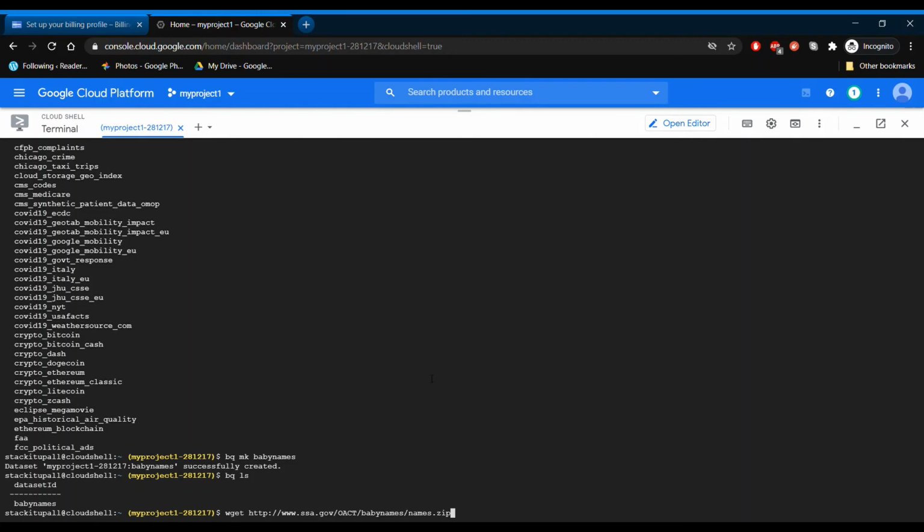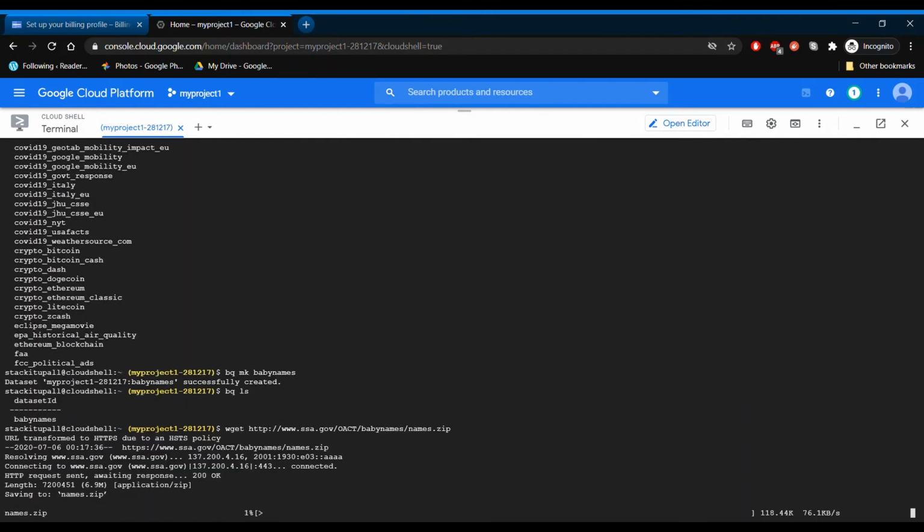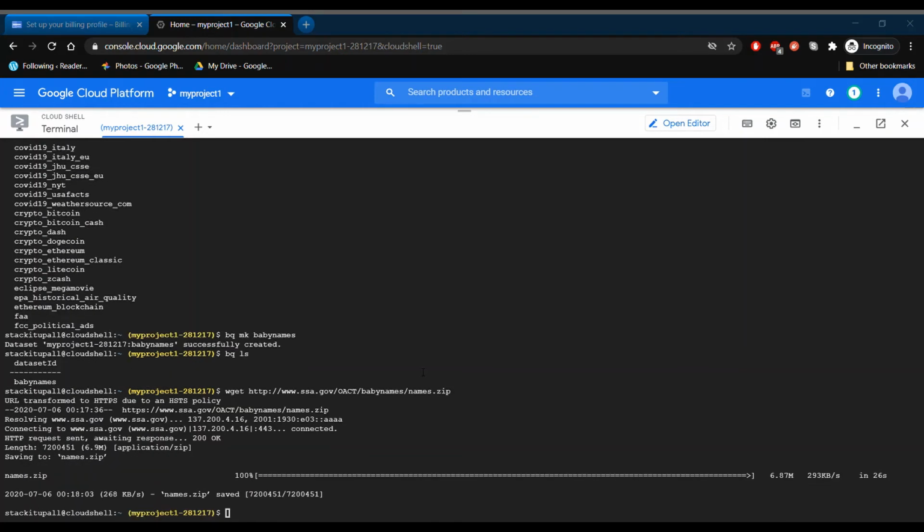I found this zip. I'll download this zip here. So it will take some time to download. So guys, you can load multiple files into a BigQuery table, or you can load a single file as well. Also, you can create an empty table and then load data into that table later on, or else you can load the data inside the table at the time of table creation itself.